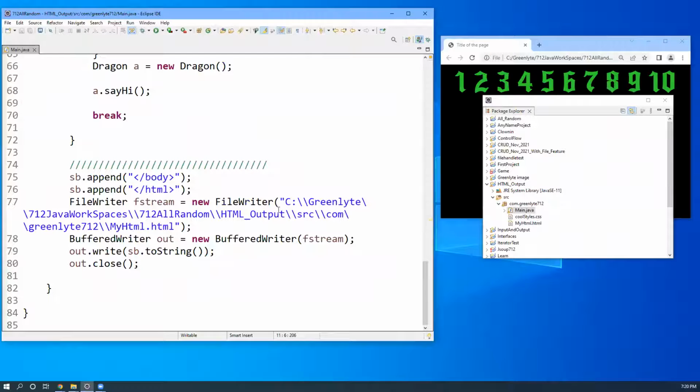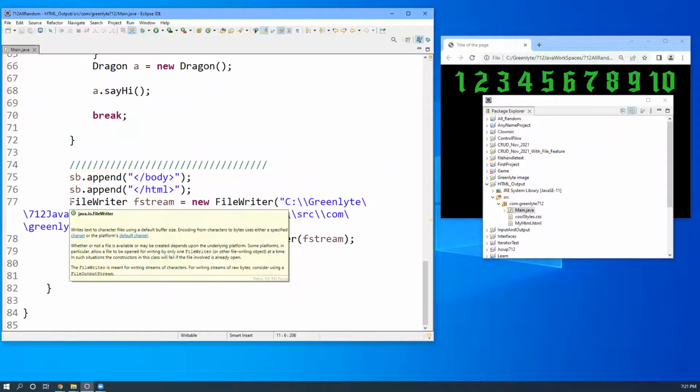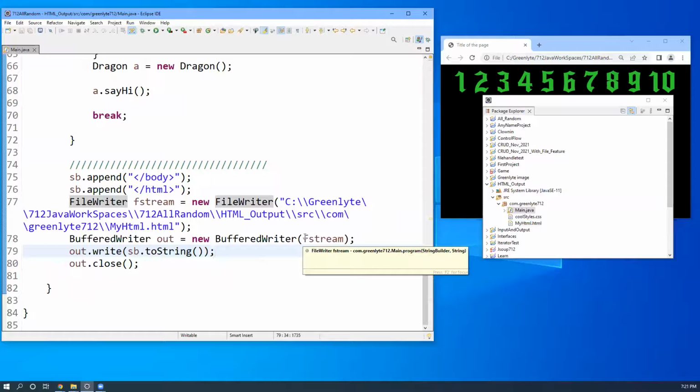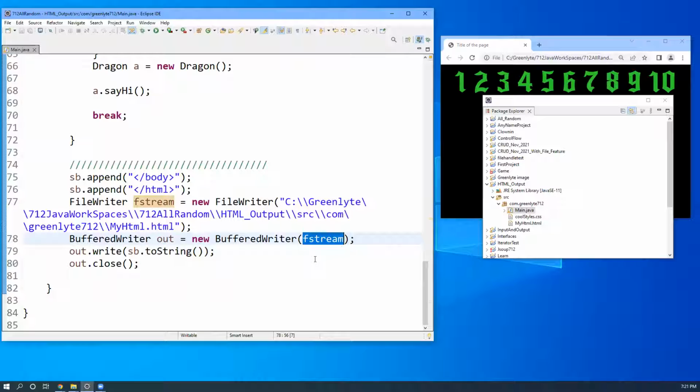that is, you create a file writer object and you pass the location of the HTML file into it, and then you pass that file writer object into a buffered writer object, and then on the buffered writer object, you use the .write method